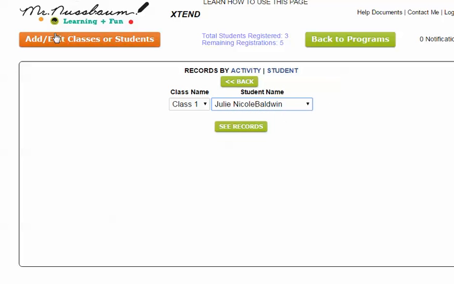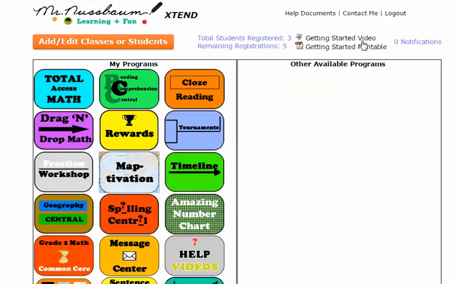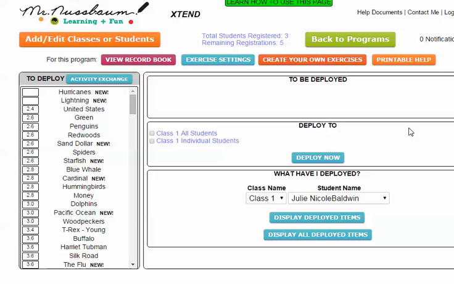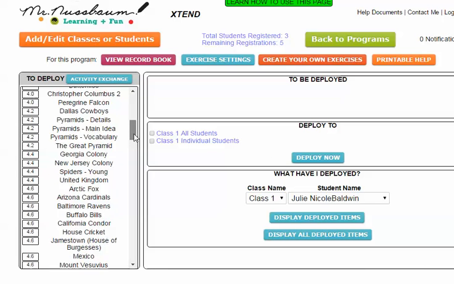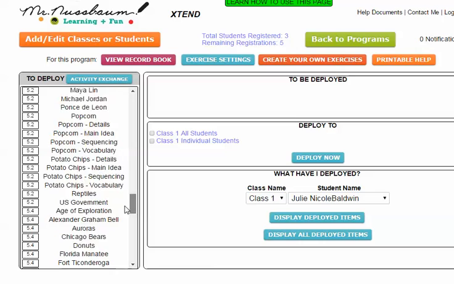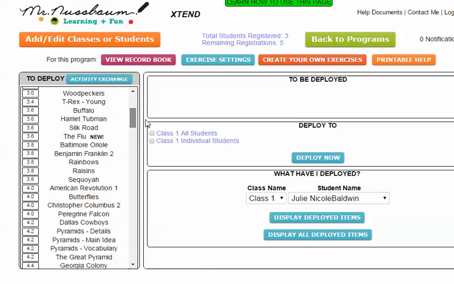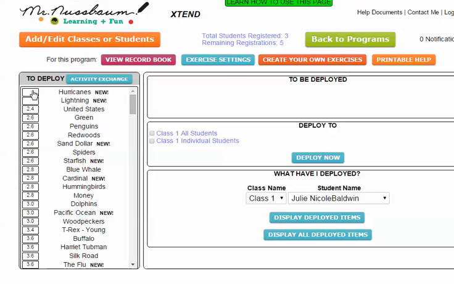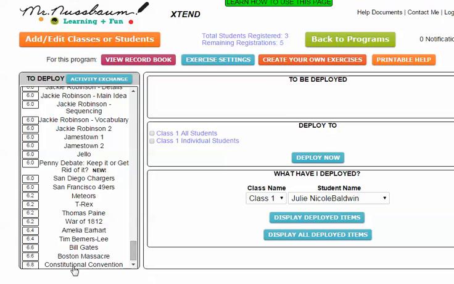I'll show you another program too. So if I go back to programs, Reading Comprehension Central is a very popular one. If I click this, you'll see there's all sorts of things to look at. There's 170 different possibilities for reading comprehension exercises to deploy to your kids, and you see they extend from approximately grade 2.4 all the way to 6.8 down here, and they're all different science and social studies